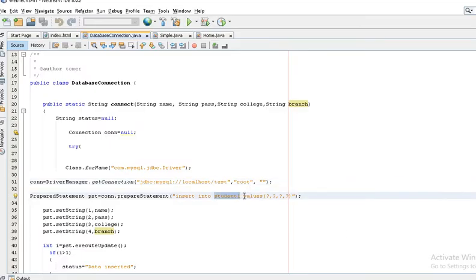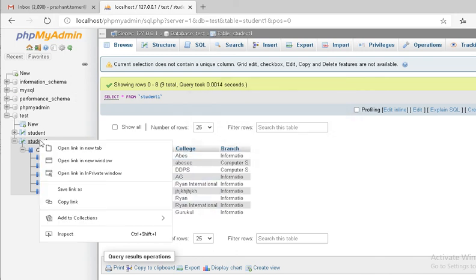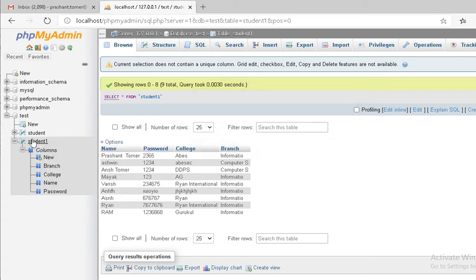I want to insert some values inside the student one table. There are many fields already inserted, so I just want to add some new entries inside it, and we will check if they are updated or not.